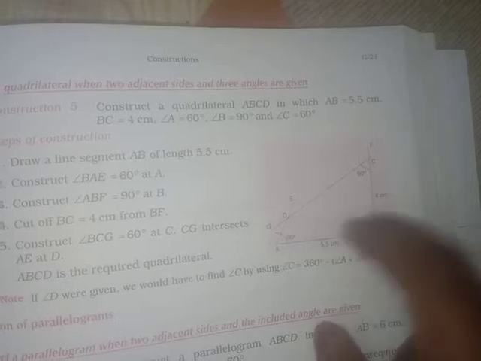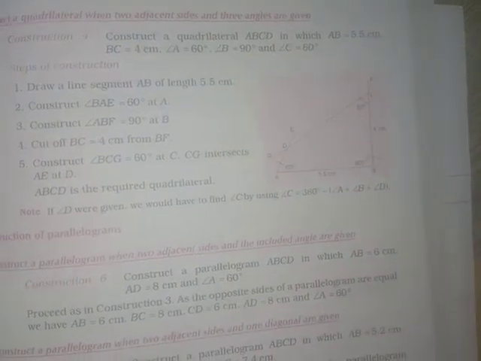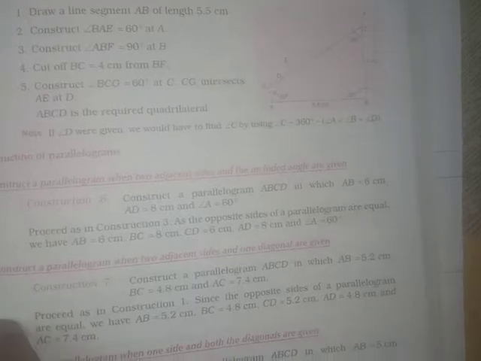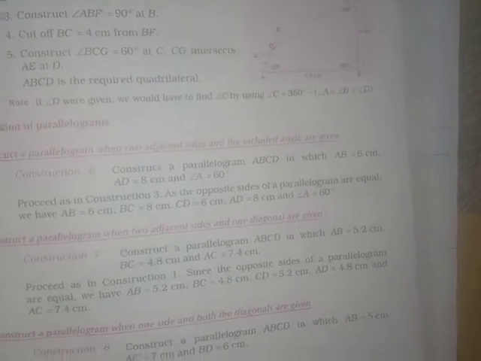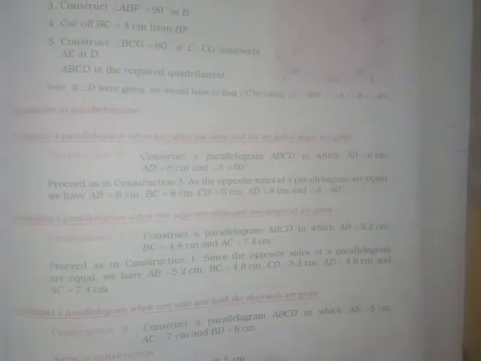That means 2 lines joined together, and those 2 lines are called the adjacent sides, and with an angle you draw the quadrilateral. The next ones we will not proceed with because they are not easy, they are complicated. The construction of the next one is a parallelogram. Up to these 5 constructions you will draw the quadrilateral. The remaining ones are parallelograms. Now you study only the quadrilateral for the examination. So I go to the exercise.